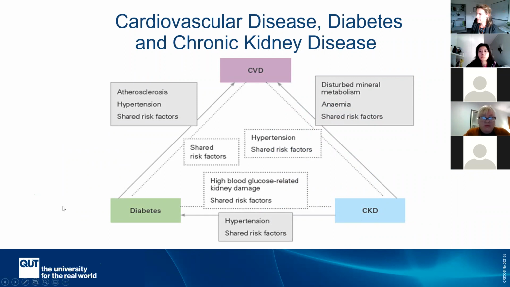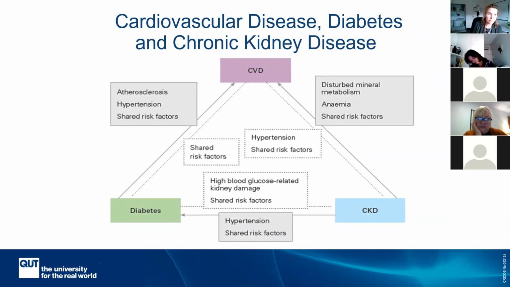So here we have an example of 3 diseases that are often known or associated with each other. They are well known to occur together: cardiovascular disease, diabetes, and chronic kidney disease. And so what we have is shared risk factors within those 3 diseases. So atherosclerosis and hypertension are shared risk factors. Now, some of those shared risk factors might be smoking and a high sugar diet, and then you get